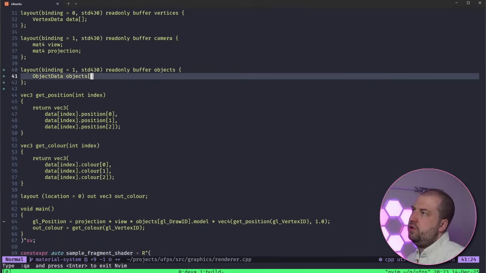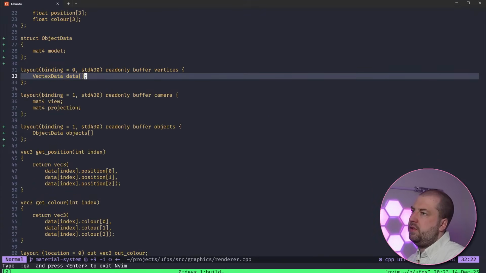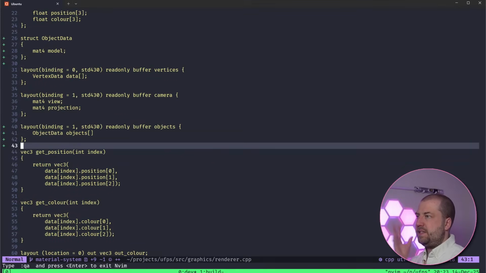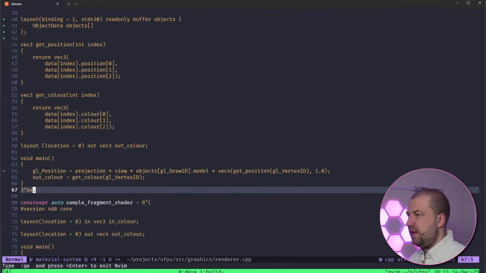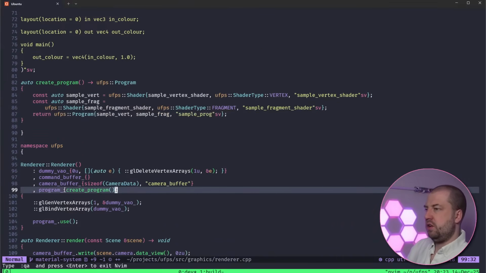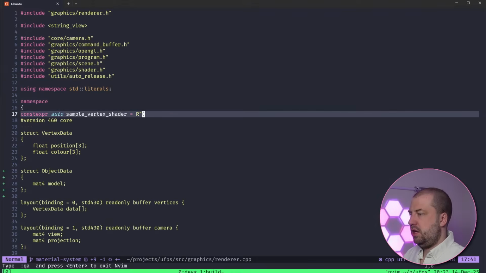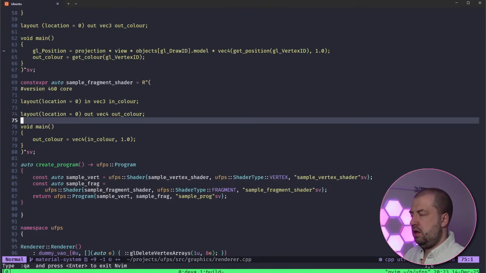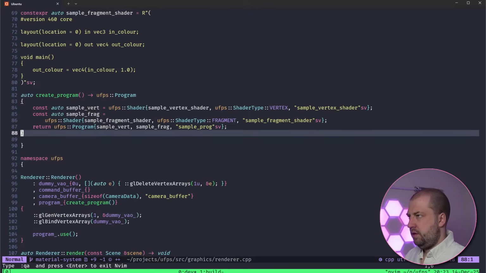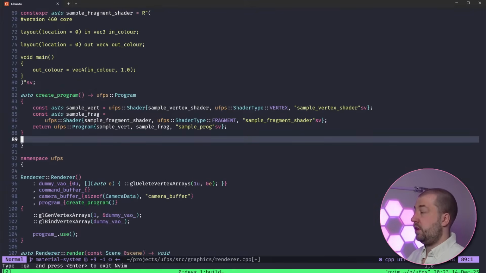Okay, so this should be fine. So we get basically an object data per render command effectively, and then we can index into that. So now we need to start building what that data is going to look like. So renderer, for a start, we're going to need a, what's that going to look like? We're going to need a